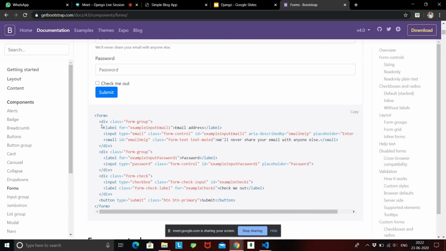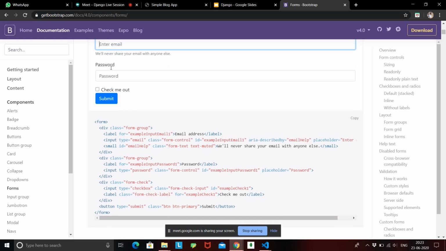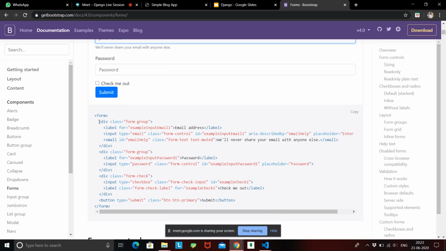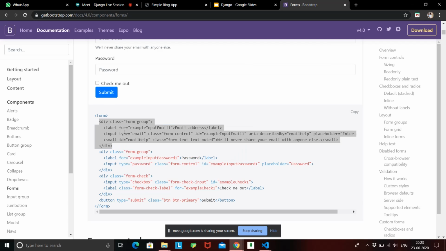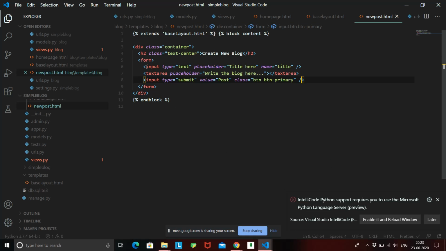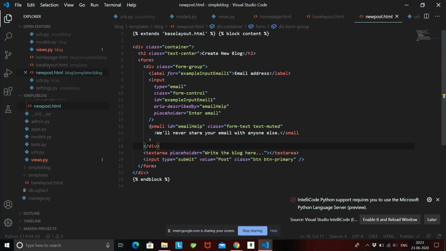So what we're going to do is, let's say I want this email address, but we'll enter title over there. So where is it? It is basically here. We'll just pick up only this much code, copy it, and get back to our code. Instead of writing this input over here, I'll just paste the code that I copied from the Bootstrap page. Okay, and we don't need these things.